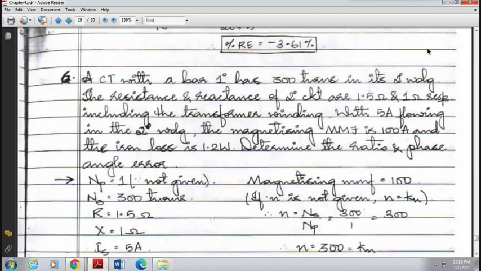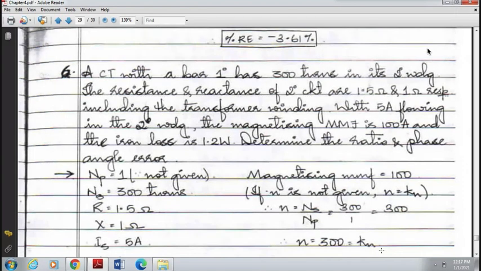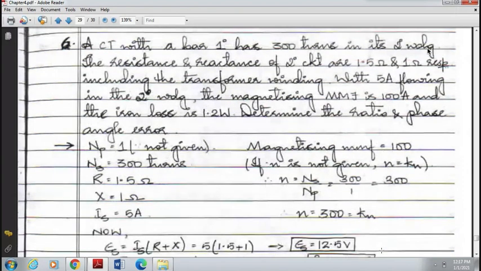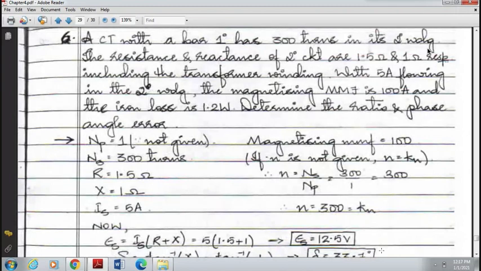So you can find out small n, that is turns ratio. As we all know, if turns ratio or nominal ratio is not given, we are going to make both nominal ratio as well as turns ratio equal. So if you find out n, you can find out Kn also. Kn can be found using this method. Next, we have to determine the ratio and phase angle error. Here no need of finding any flux or anything. Directly you can go on to the ratio and phase angle error.